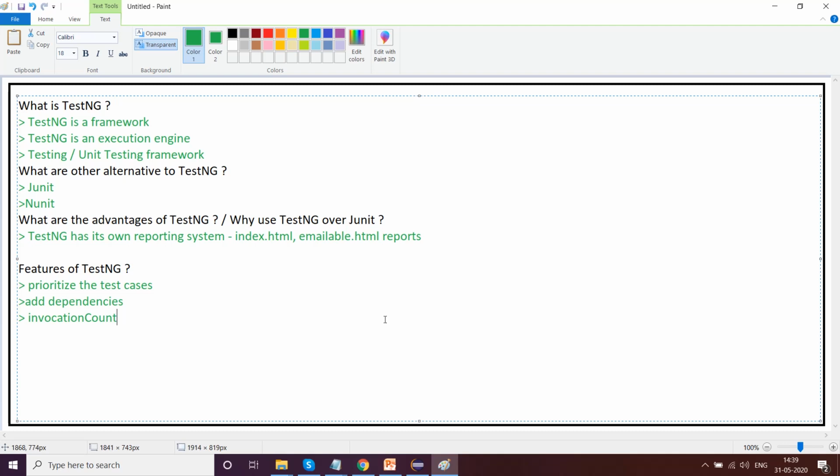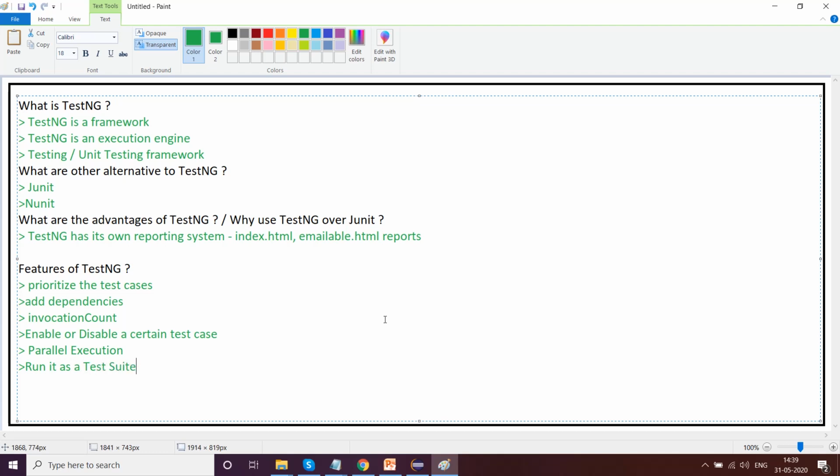We can enable or disable a certain test case, which is also very useful. We can do parallel execution. We can run it as a suite, as a complete test suite.